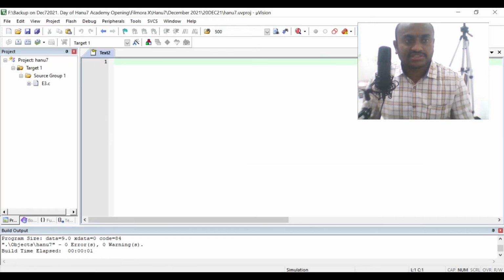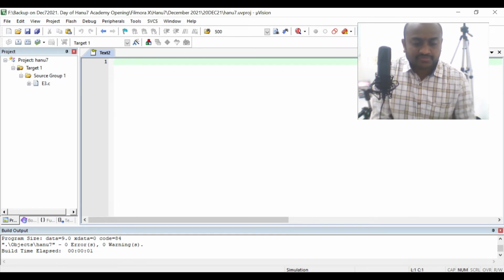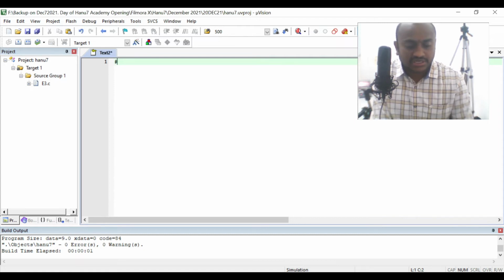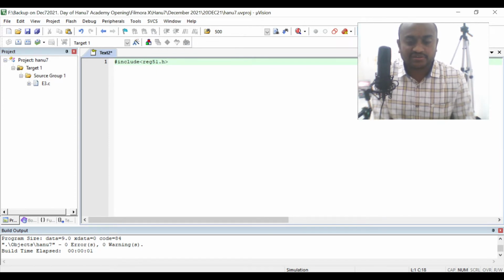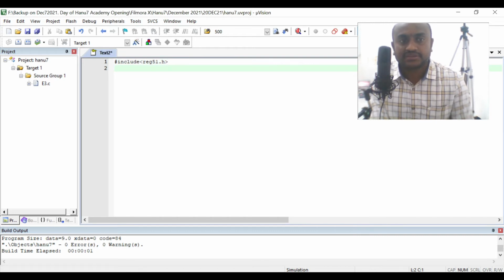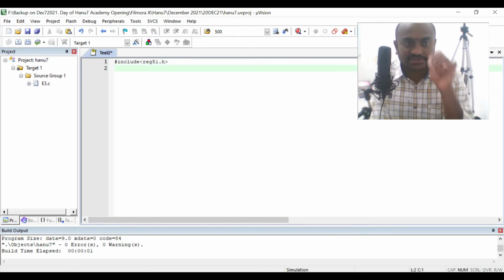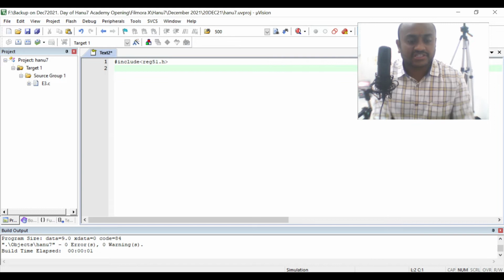Okay, so first let us create a new file. Hash include, we know what is the logic. Hash include register file dot h, reg51.h. This is called the header file of 8051. That's why they give reg51.h.